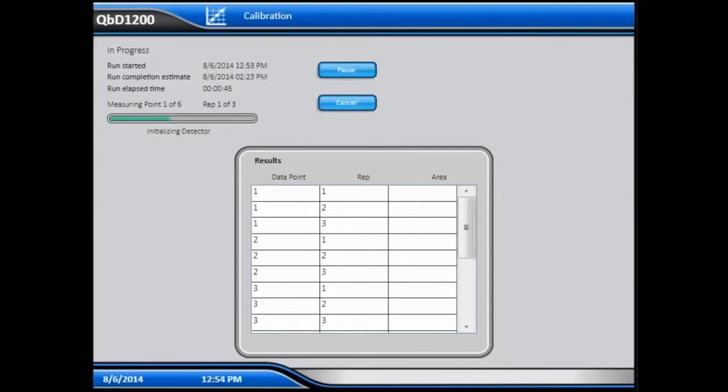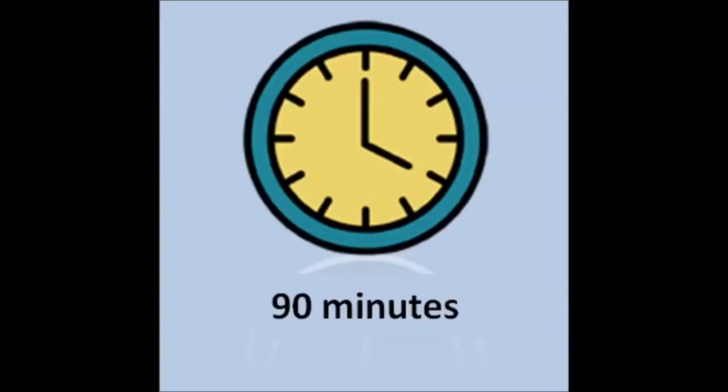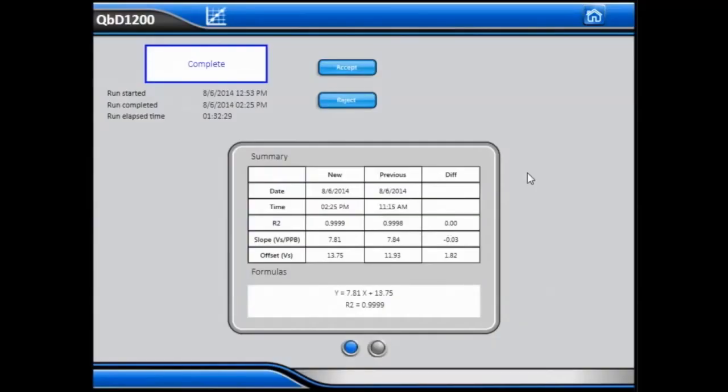The calibration procedure looks at 18 data points, 6 concentrations with 3 measurements at each concentration. A complete calibration takes only 90 minutes. When complete, the calibration statistics are reported on the screen, the calibration linearity expressed as r squared, the calibration slope,